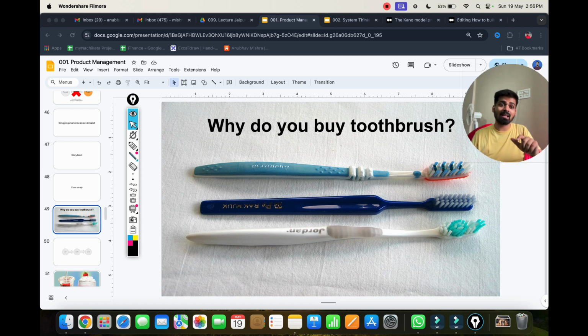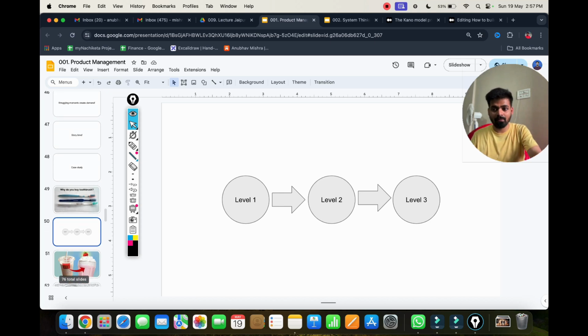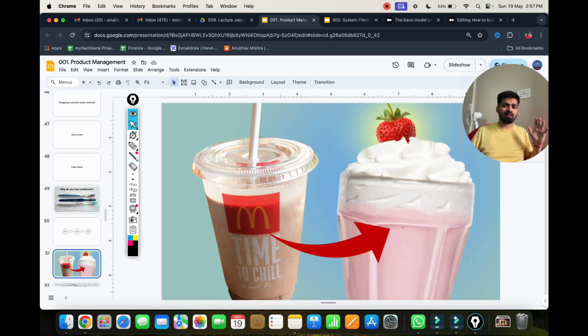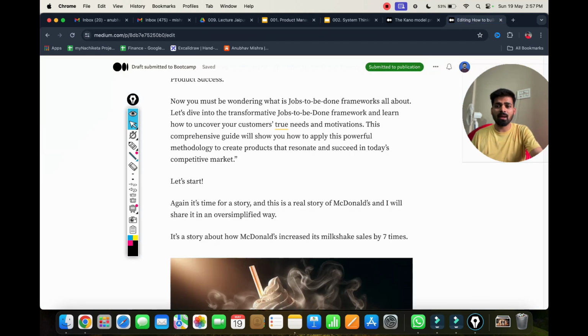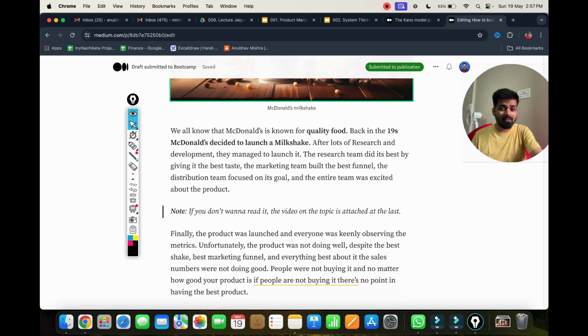And this is an example of systems thinking, wherein I was talking about second order and third order thinking. Because if something else could keep your teeth healthy, you wouldn't use a brush to keep it healthy. Okay, now jumping on to the McDonald's case study. So a long time back, and I'll be using more of a storytelling approach to tell you about this McD story, but here I have written the detailed story, so you can feel free to read it.